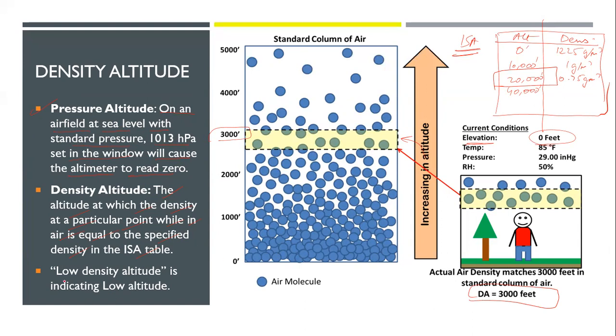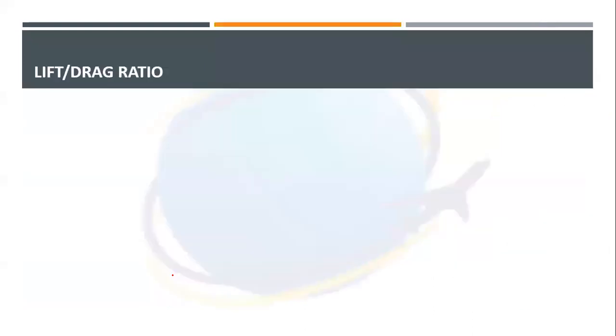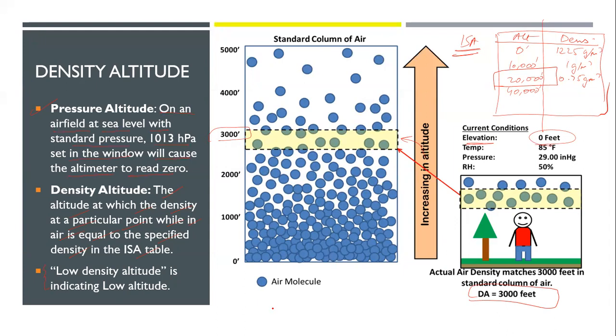Okay. And just for your sake, I have written this line also: low density altitude means low altitude. Do you understand this? Basically, if in the question it is written low density altitude, what is it in reality? In reality, you just need to cross this, and you will find the answer. In reality, it is low altitude.